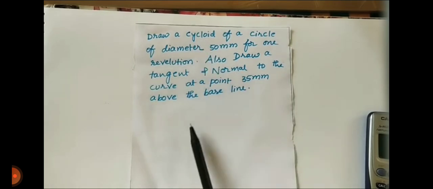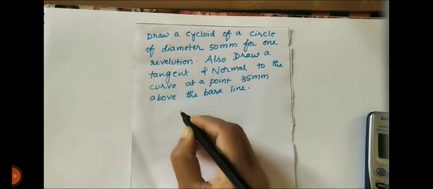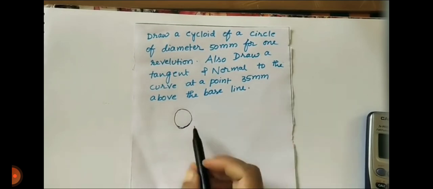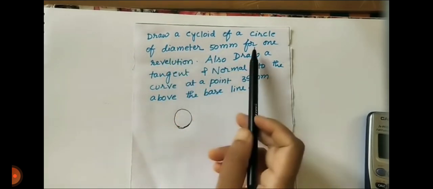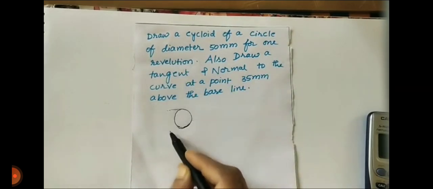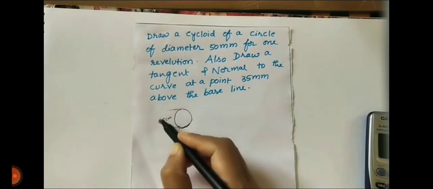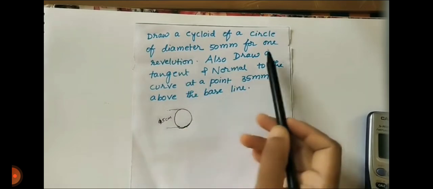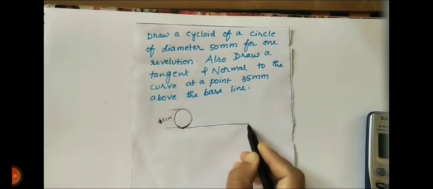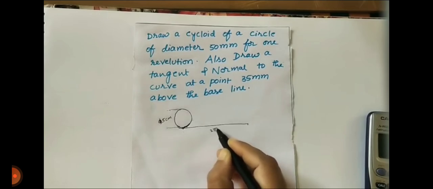So step by step we can draw the cycloid. How to draw a cycloid of a circle? All of you see the statement first. Firstly we draw a 50 mm diameter circle, and it is divided into 12 parts. In this way we can draw it. Firstly we draw a circle of 50 mm, and after that we draw